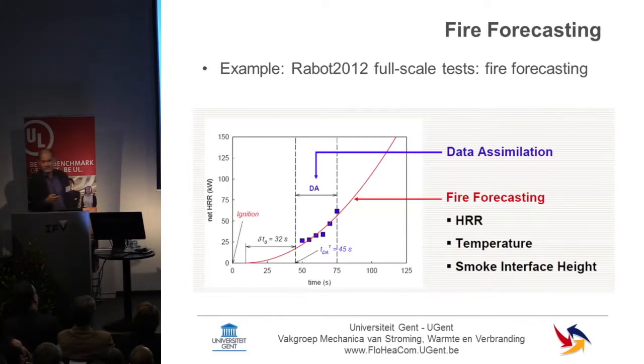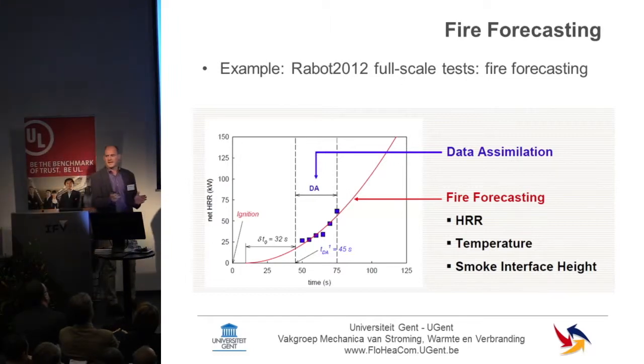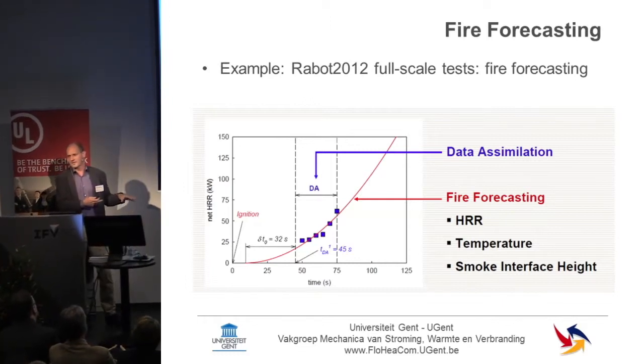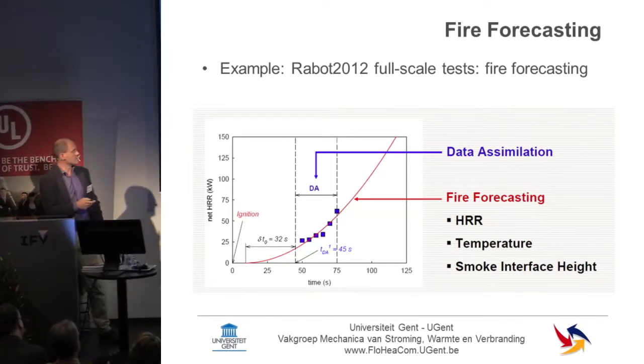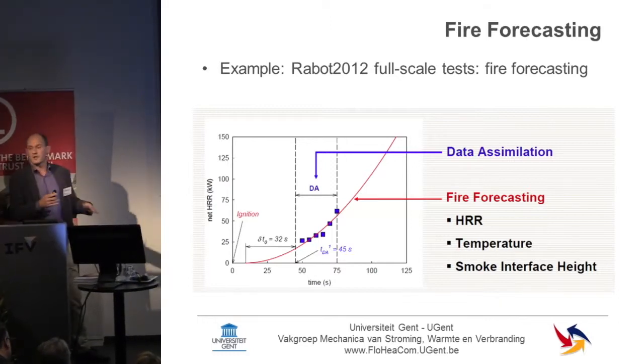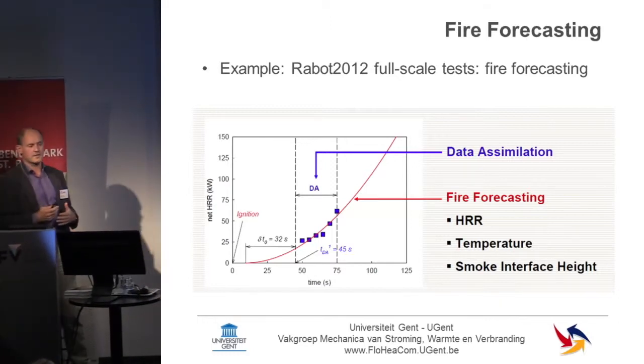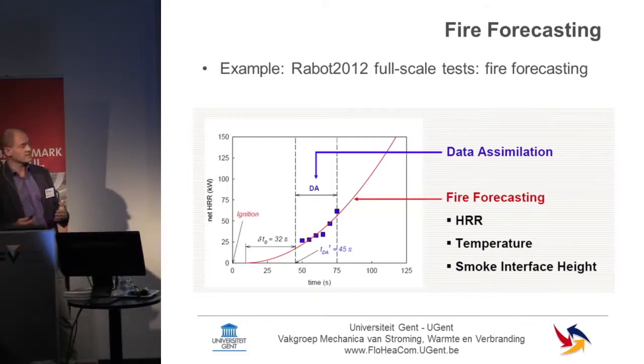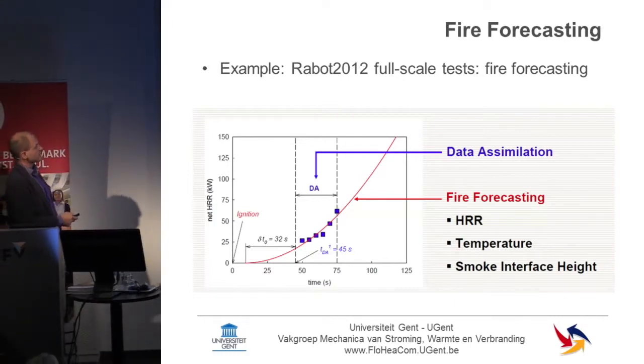It's not a forecast. I understand that. I realize that. Nonetheless, we try to do it with the help of zone models. And this is what it looks like. What you have is what we call a data assimilation window, which means that during a certain period of time, you look at the fire and you store the data. This is what they do in weather forecasting. You just update the data of the past few days and you do a forecast on that basis. This is what we're doing here, but the scales are entirely different. In the weather, we look at days and hundreds of kilometers. Here, we're talking about seconds and minutes and just a couple of meters.